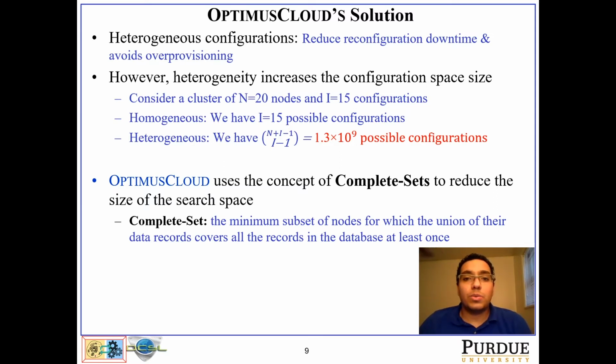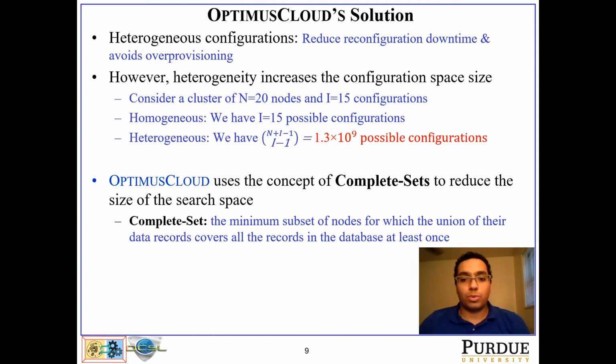However, this comes with a new challenge, which is the additional increase in the search space due to heterogeneity. Consider a cluster of 20 nodes and 15 different configurations to pick from. If we only consider homogeneous configurations, then we have 15 options no matter what the cluster size is. However, with heterogeneous configurations, the problem becomes similar to distributing 20 identical balls over 15 boxes, causing the number of possible configurations to be 1.3 multiplied by 10 to the power of 9, and this is indeed infeasible